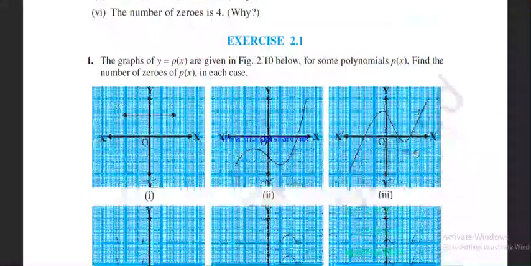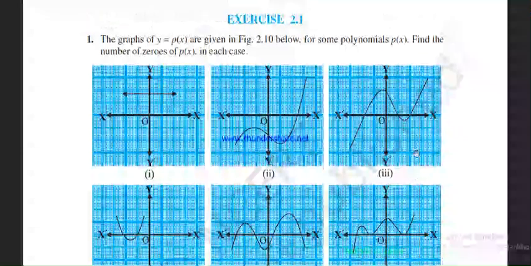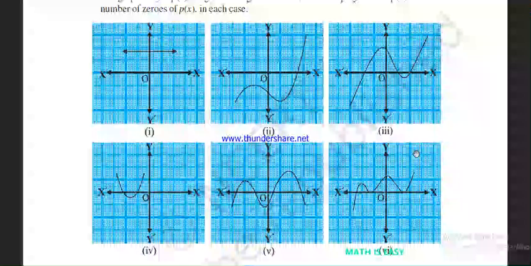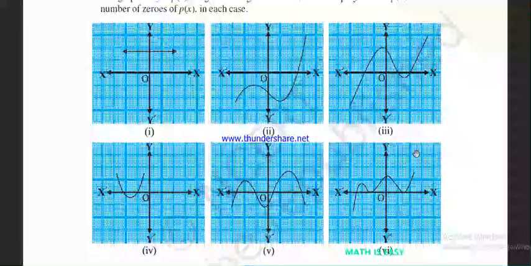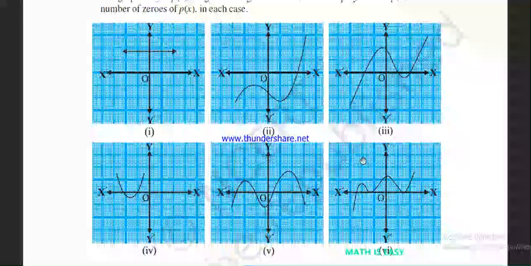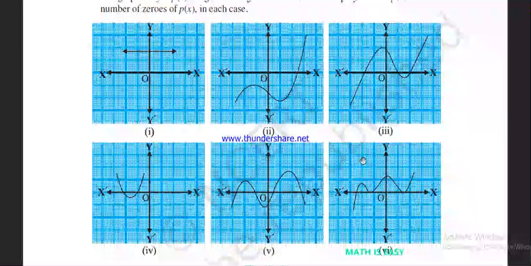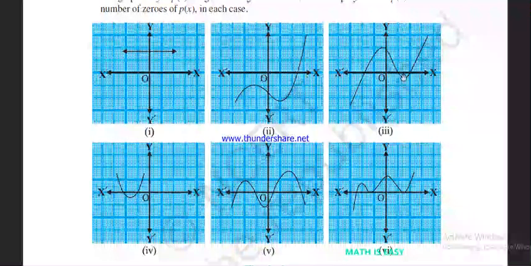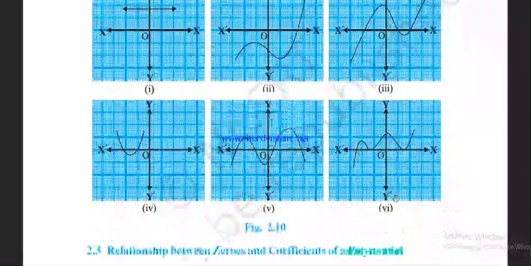This is all about your first exercise, Exercise 2.1. They are just given the graph. So there will be 1 more question. They give the graph and ask you how many solutions exist. Just find out how many times it is intersecting the x-axis. Then you can say that many solutions are there. If you want, I will give the hint: 0, 1, 3, 2, 4, 3. These many solutions are there for the different graphs.